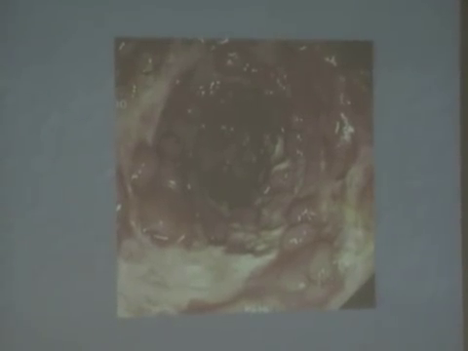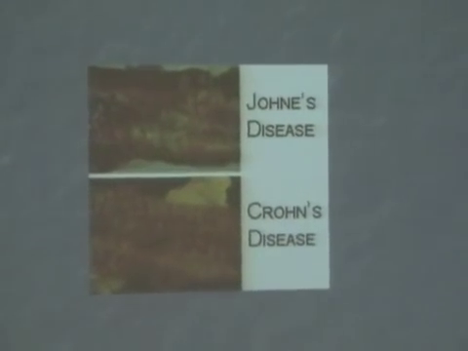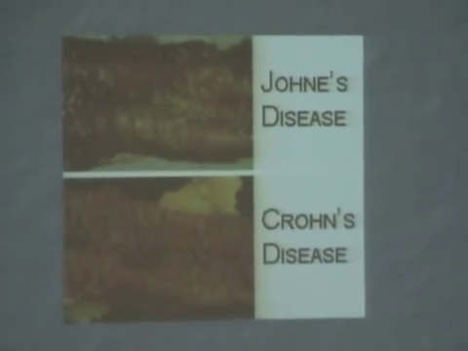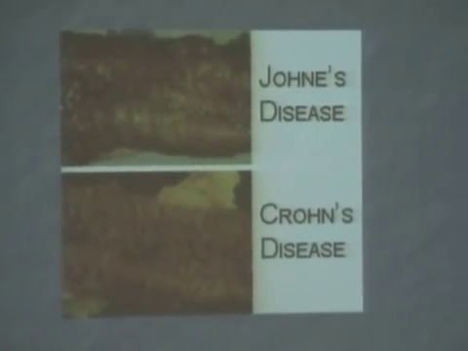In some cases, in severe cases. In other cases, you just see a few red spots. You see a few little red pimples that we call aphthous ulcers. But in this, you've got denuded mucosa, you've got polypoid features, and then you may go up another 6 inches and the mucosa can look absolutely normal. Okay. This isn't a big picture, I've got a bigger picture later, but Crohn's disease looks just like